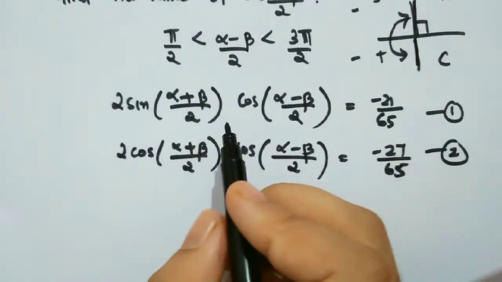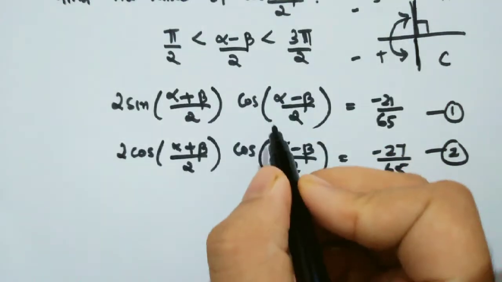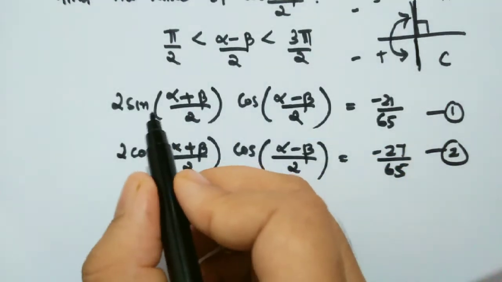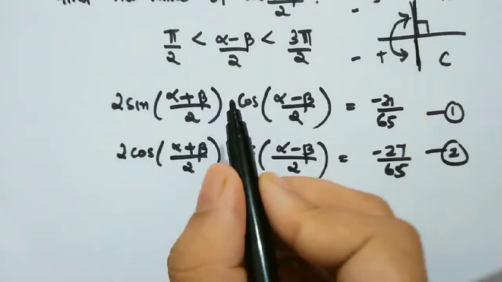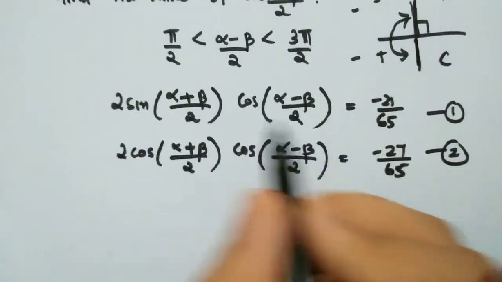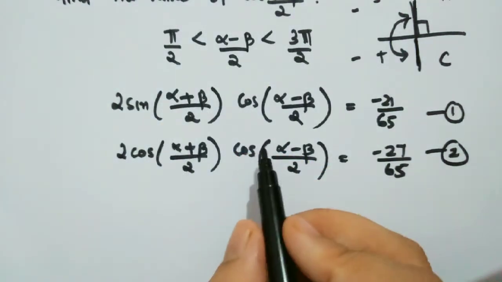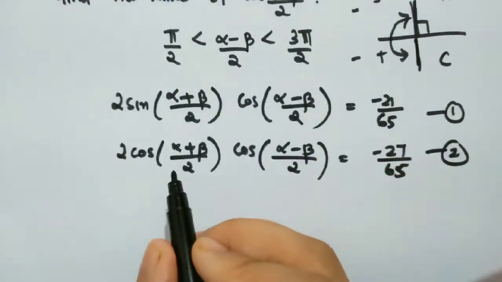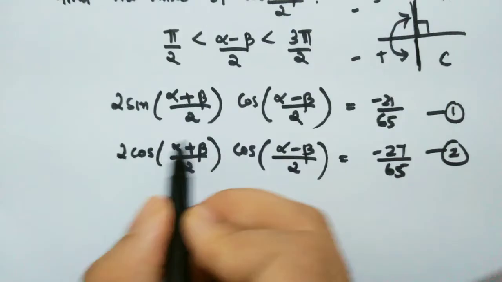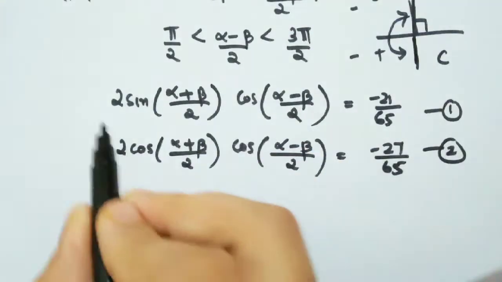For that, I want to eliminate only this term from these two equations. I see that this is a sin term and this is a cos term, and if I square both these equations and add, I will get sin square x + cos square x equal to 1. That's why I will square the first equation and the second equation, and then add. If I square and add, these two terms will go away, and the answer will be 1.